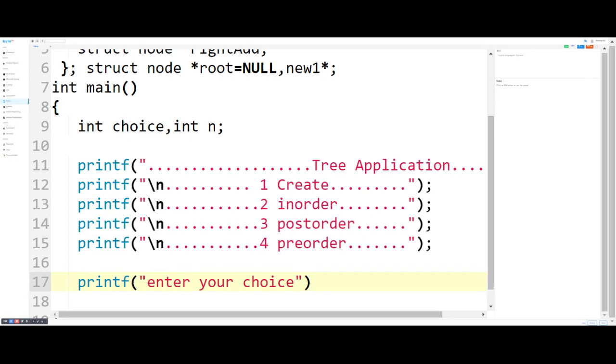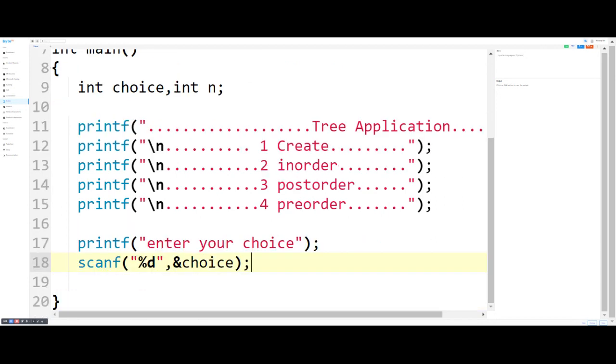Getting? So we simply print a message, enter your choice. Now we take scanf, and here percent d, address of choice. Getting?